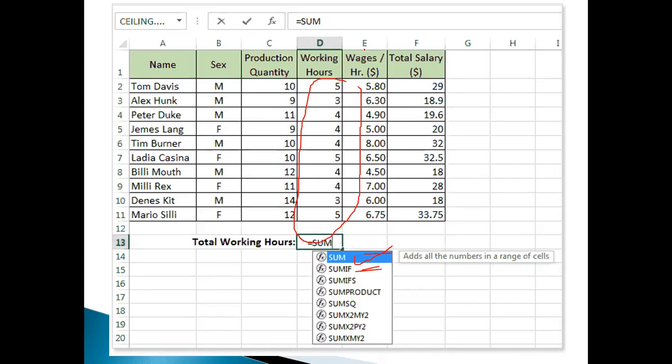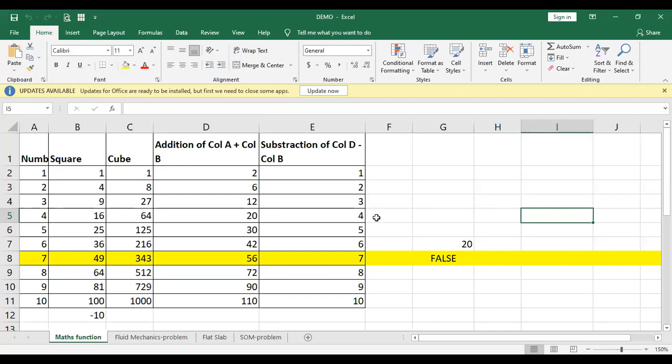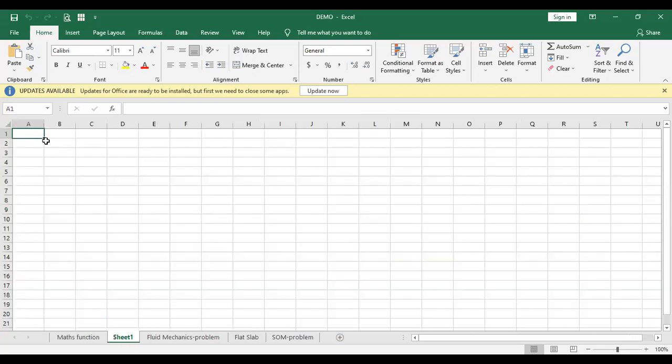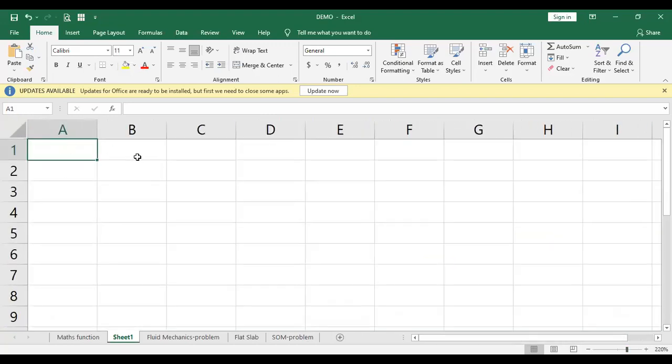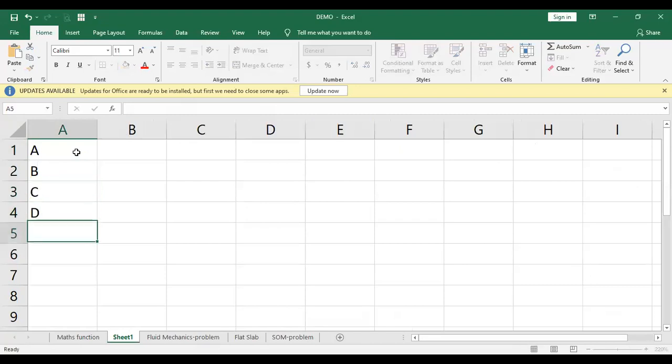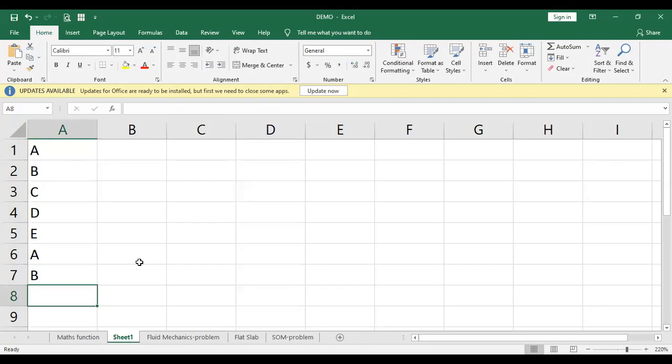Likewise, if I go to the Excel sheet, suppose I make it here A, then B, C, D, E, or I can make it again A, B, likewise.